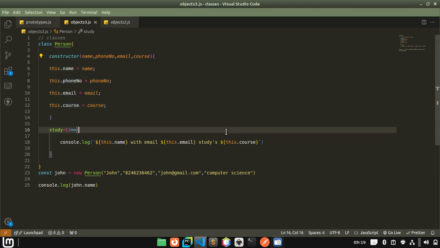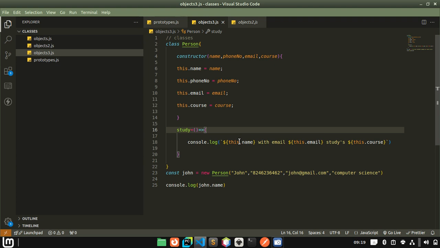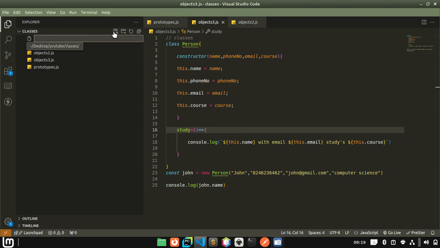Now, that is called encapsulation. That is protecting some members from being accessed in a certain scope. That is encapsulation. If I say, let's say, encapsulate JS,